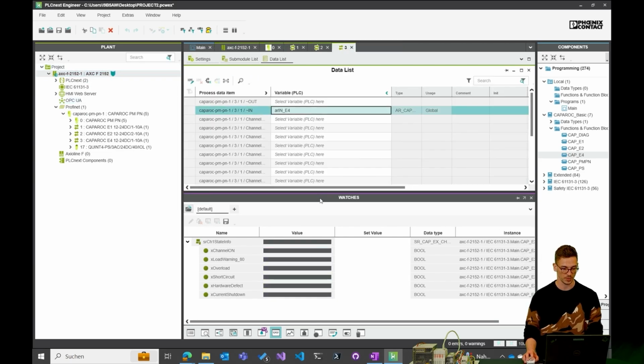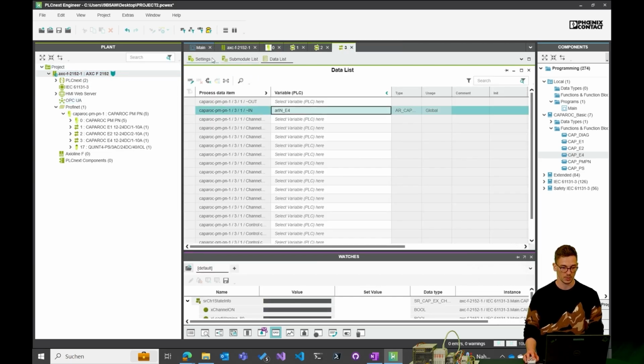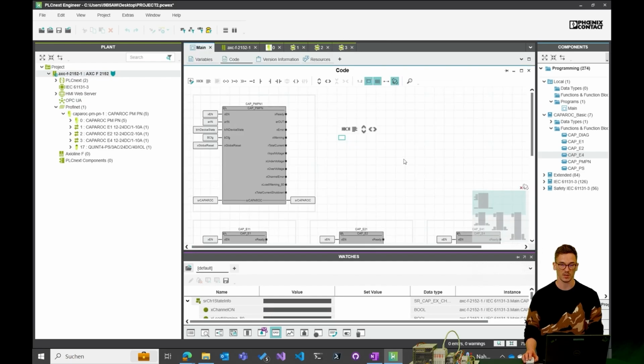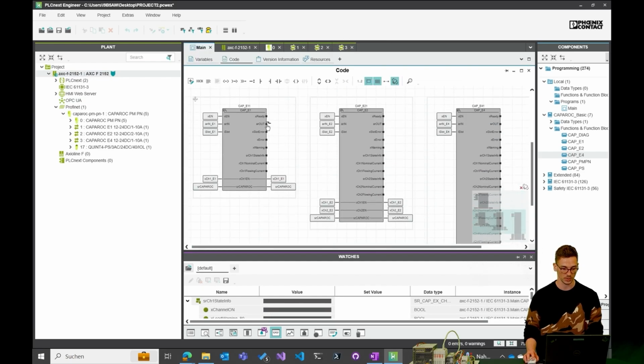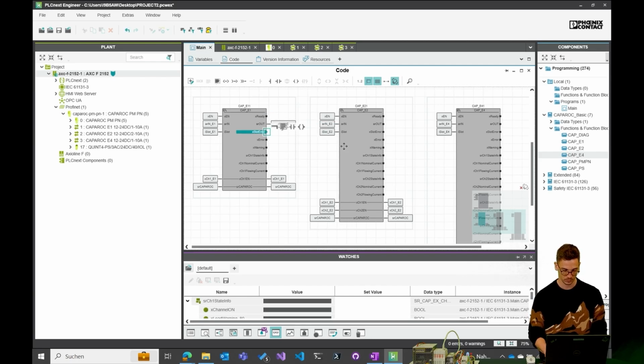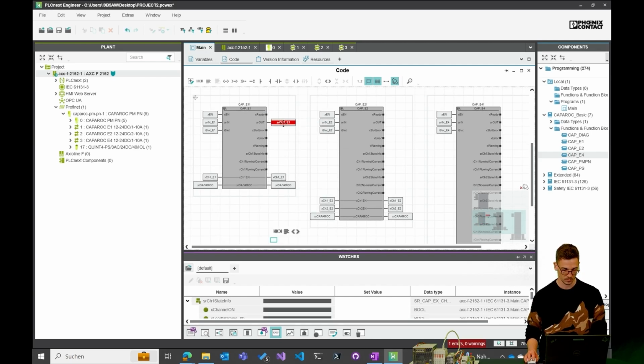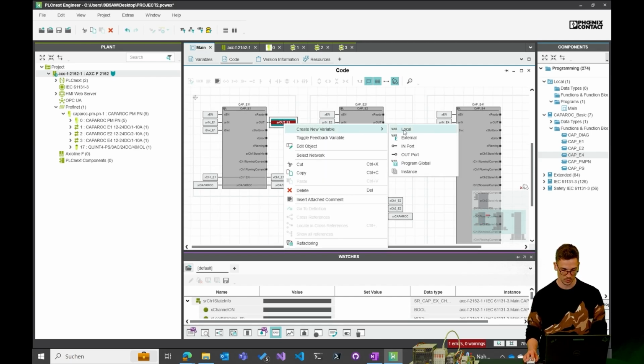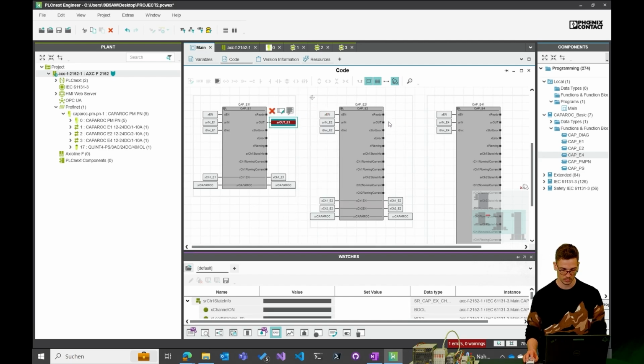I know why it's not working. I forgot something very important, because those function blocks not only have input variables, they also have output variables. So let's go here, AR out E1. Also create an external variable, AR out E2.